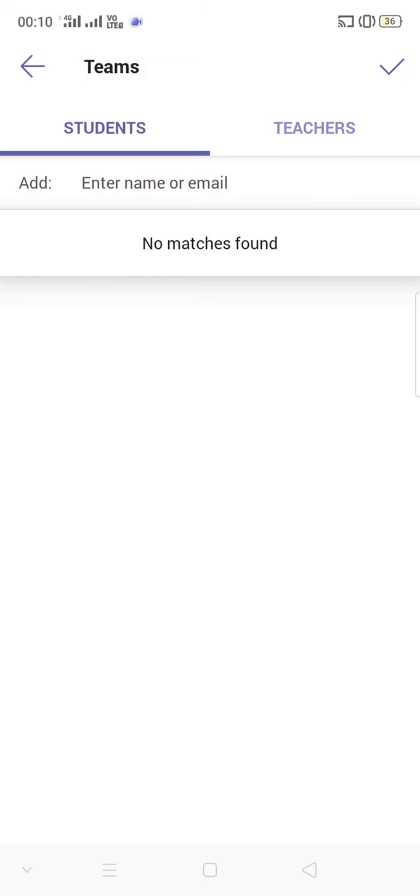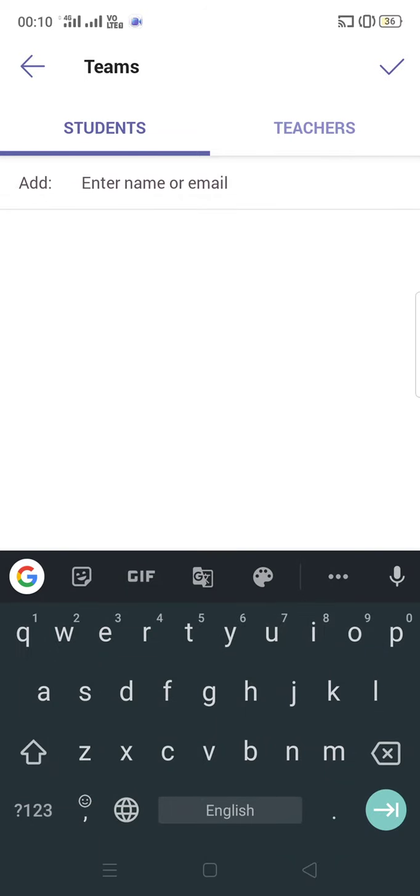Now to add students, write down the name of the students which you already created in the previous step. You already created some active users, that is your students' IDs in Microsoft in step 2. So write down the name.